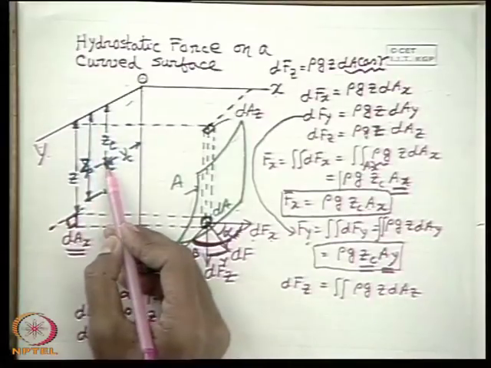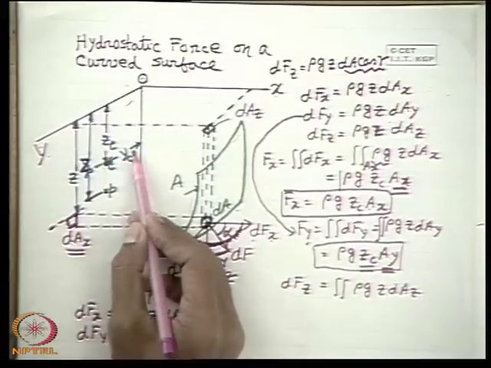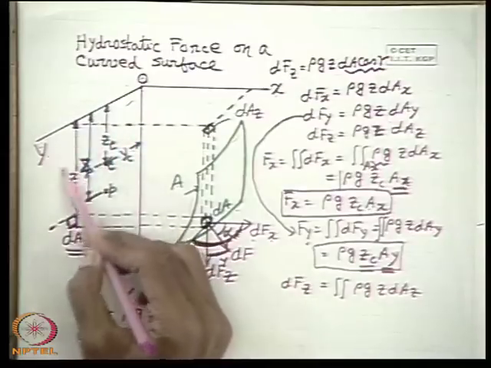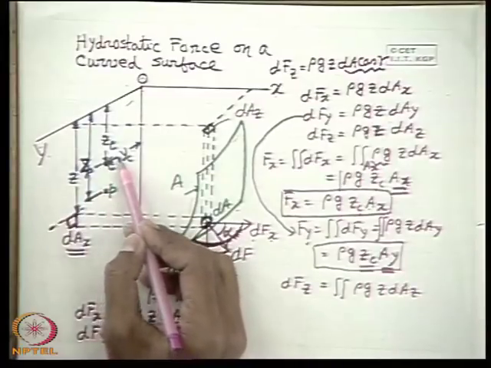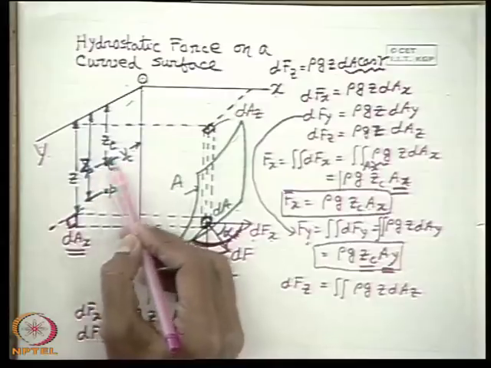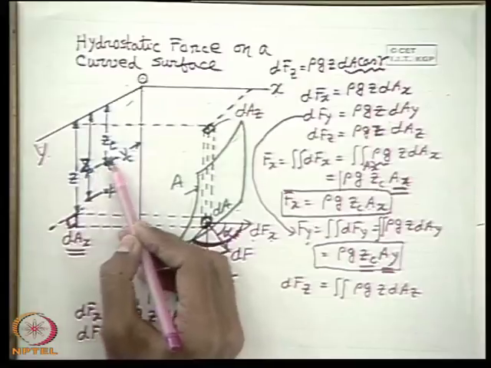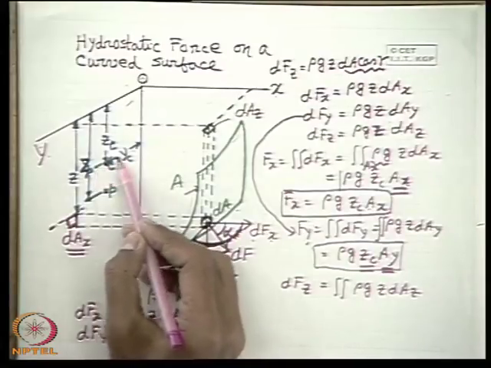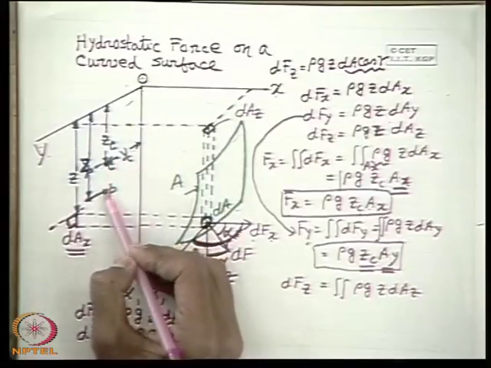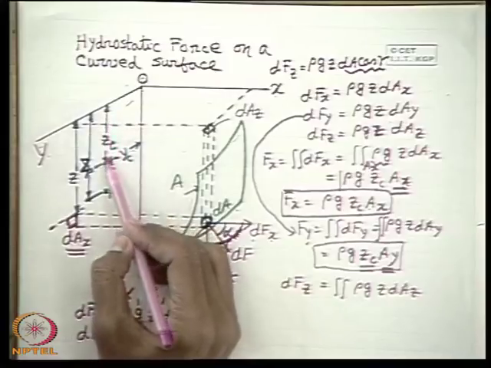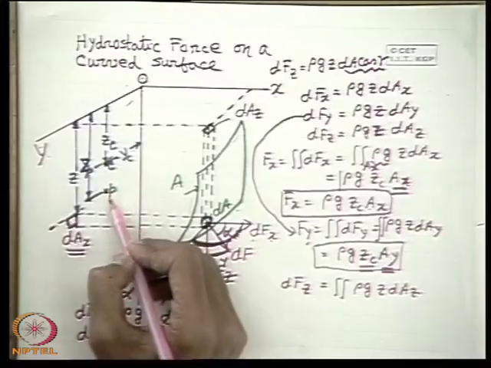If we consider this as the centroid, this will be lying on the same vertical line, because I have told that it may not be displaced, that means yc and yp will be equal, because for a plane surface the centroidal axis is such that the moments of the areas on both sides are 0 about it, and the hydrostatic pressure force varies only with the area along this line, so it is not displaced from the center of area. But it is displaced here because the hydrostatic pressure force varies with the depth, that we have already recognized earlier. So if we find that P is the center of pressure,